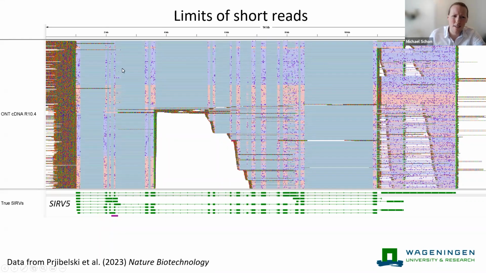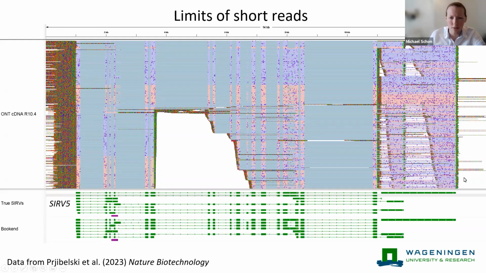And you can see that even though it is quite noisy at both ends, there is long distance information that's present in long reads that just fundamentally doesn't exist in short reads. And so passing Oxford Nanopore reads through Bookend really does recapitulate transcript isoforms in a way that simply isn't possible